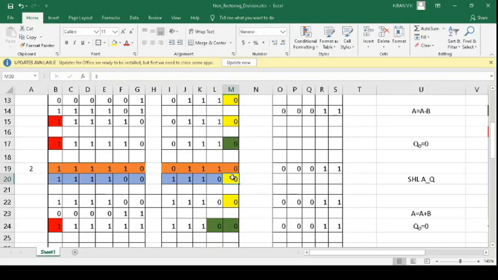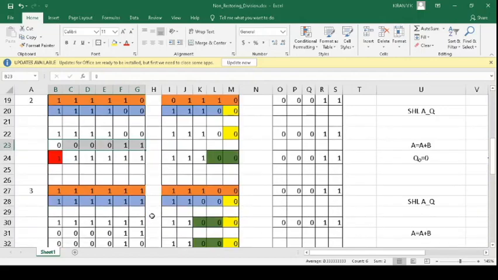Then as I told in the rules section of non-restoring division, the operation that we are going to perform in iteration 2 is linked to the result of the operation in iteration 1. If you see the result of the operation in iteration 1, we had a negative result. As we got a negative result in the previous iteration, in the current iteration, or the second iteration, we are supposed to do an addition with the divisor. It means that this portion of A is going to be added with 3, which happens to be our divisor. So this is your A and this is the representation of 3. We are going to add these two, and this is our result.